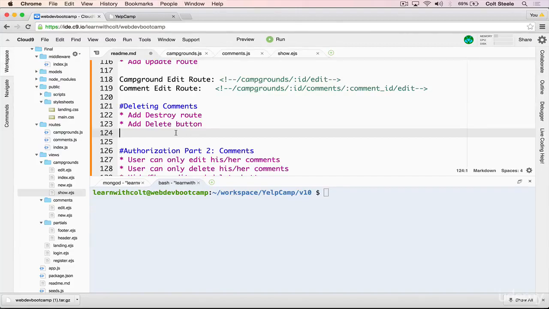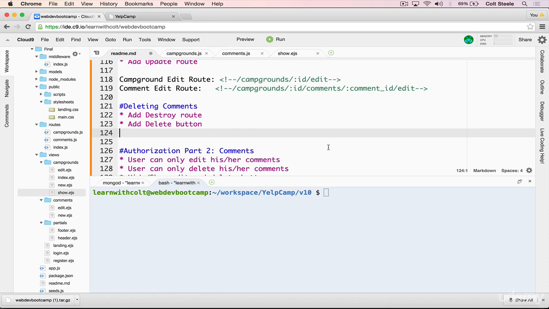Welcome back. So we have another video about comments, finishing up CRUD. We're focusing on the D, which is delete. So to delete a comment, we need to add in our route, and we also need to add in the button, which is actually a form that will submit a request to that destroy route. And this is pretty simple compared to edit and update. Only one route. We don't need a crazy complex form. We don't have to worry about a lot of the complications that we did with edit and update for campgrounds